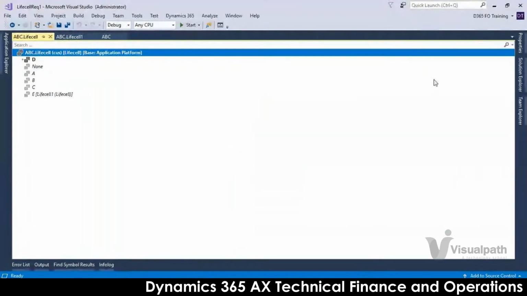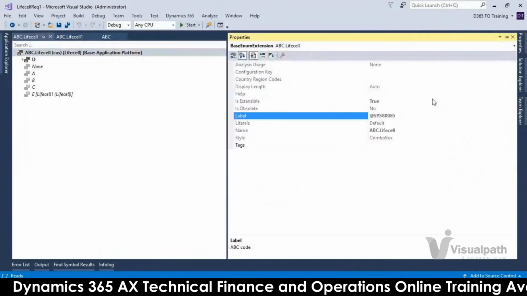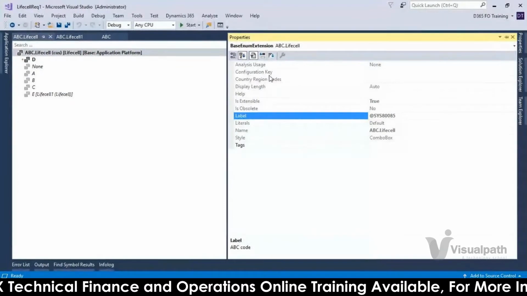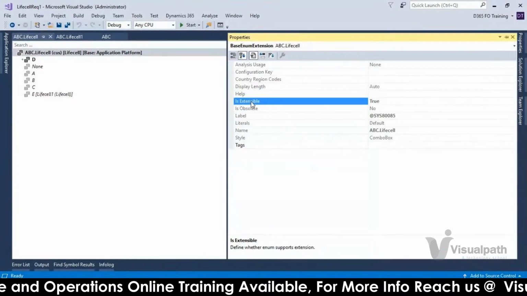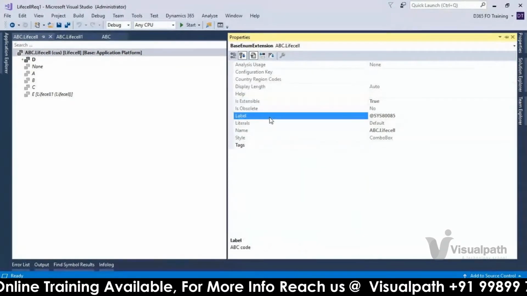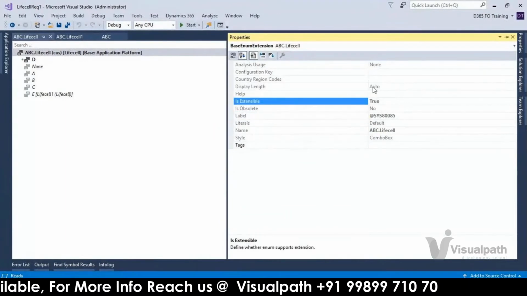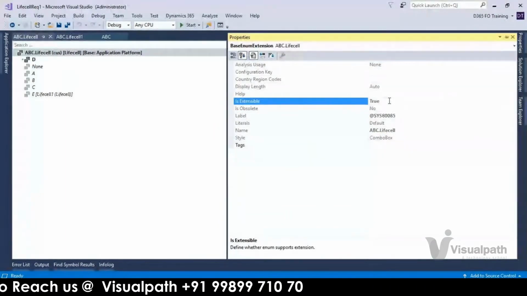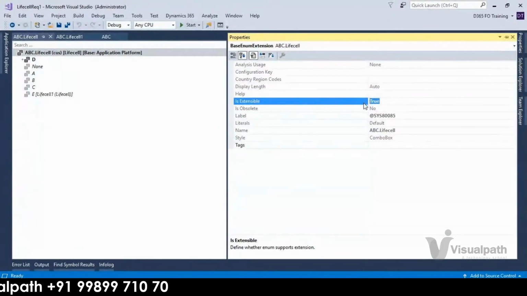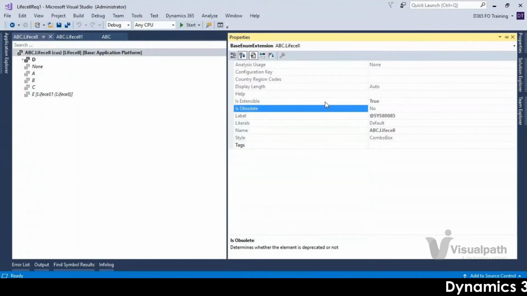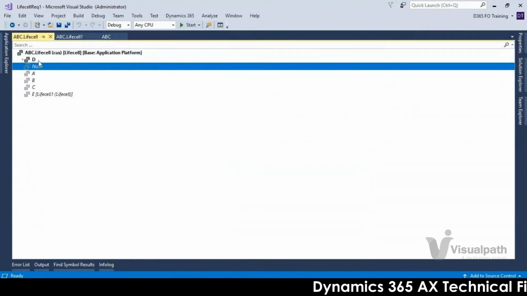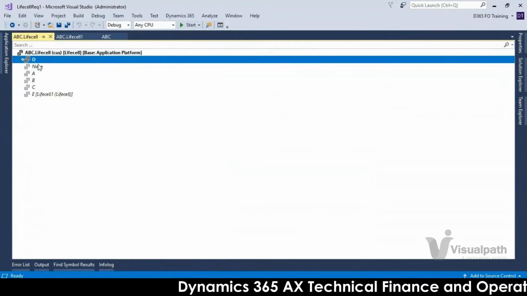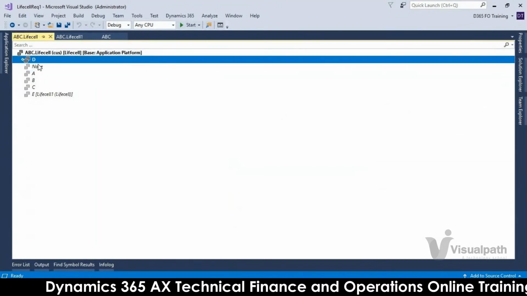Here, for newly created ones, for example, if you have created a new enumeration, you can mark this as extensible false. Whatever literals you are creating, internally it will maintain integers, right?